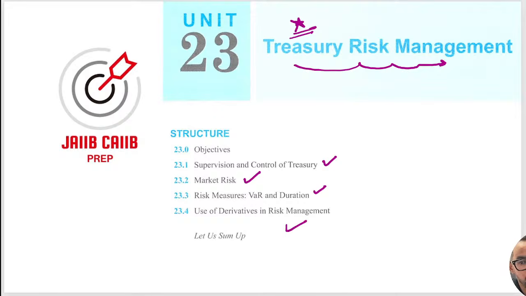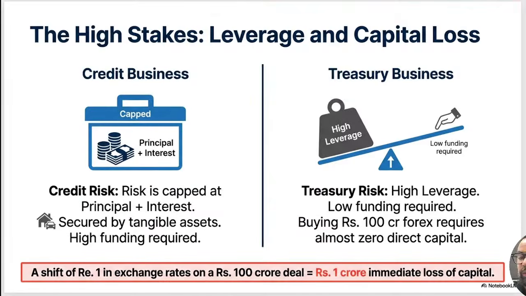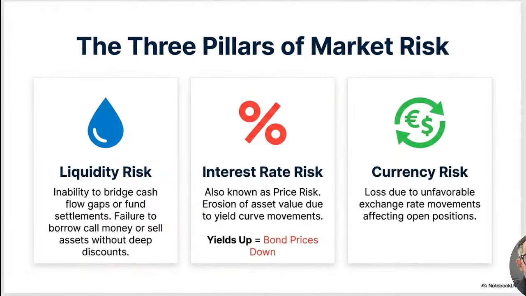So treasury, what we have understood around this particular topic, is that we use financial leverage in the case of treasury, means without investing a single additional rupee, we generally enter into thousands of crores of portfolios, right? So it has upside potential, but along with that, it has downside potential also. It can face liquidity risk, interest rate risk, or currency risk. So these are the different forms of risk, right?